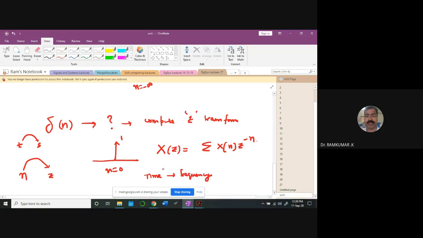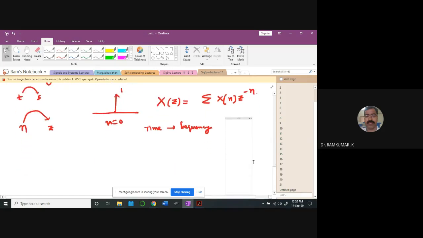Okay, so time to frequency domain transformation. Z transformation is the corresponding e power j omega n. In fact, we discussed it a long time back. Here we have x of n equal to delta of n. So you simply plug in this waveform. The signal exists from minus infinity to plus infinity, and you are summing over n equal to minus infinity to plus infinity.